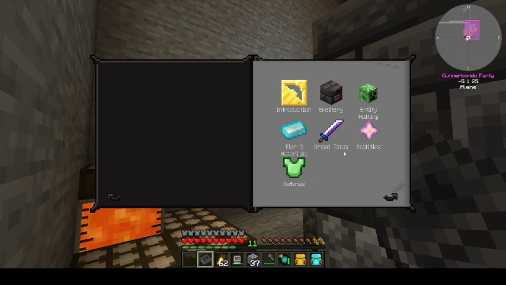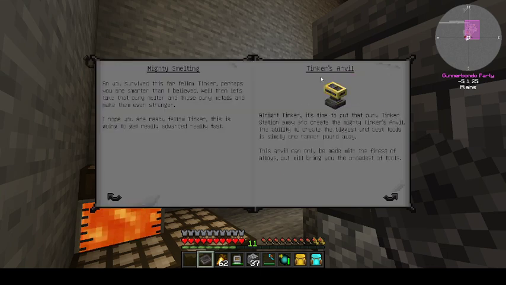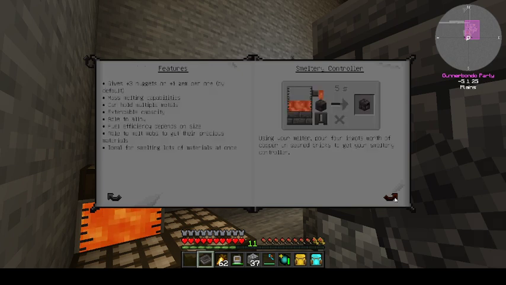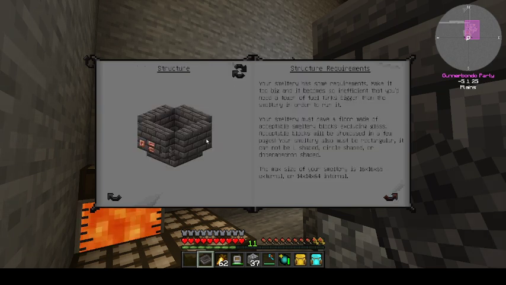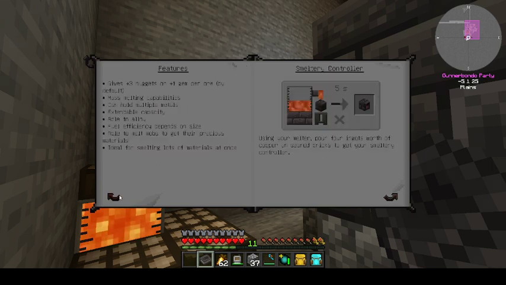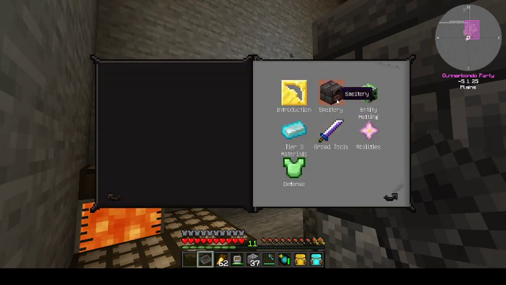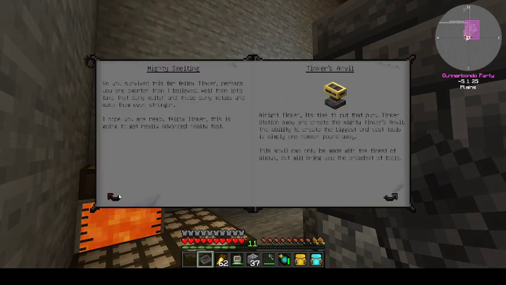It does. Look at this. So this explains how to do it. There's a Tinker's Anvil. How to build a Tinker's Anvil, how the smeltery controller works, the structure of it, and all the things that you require, alloying, so it's putting multiple different types of ore together. And then it tells you about the smeltery,